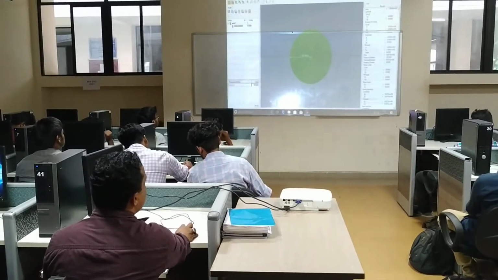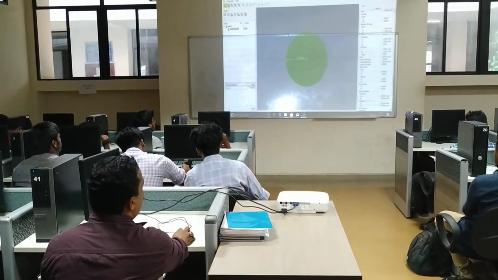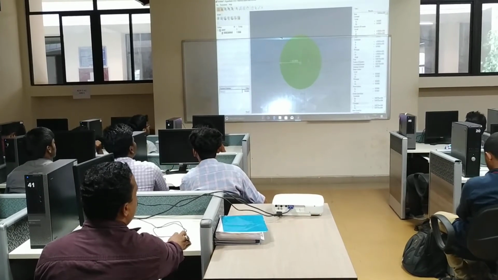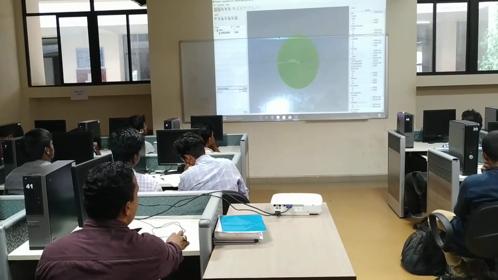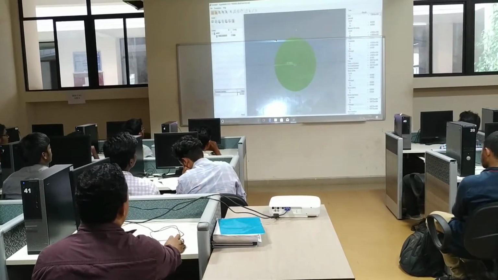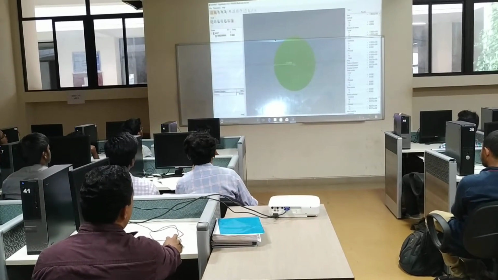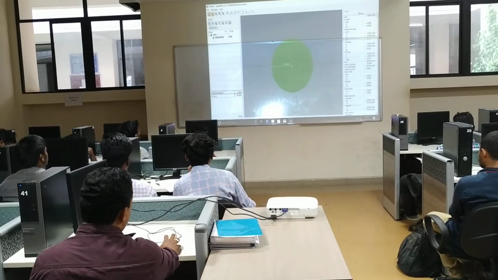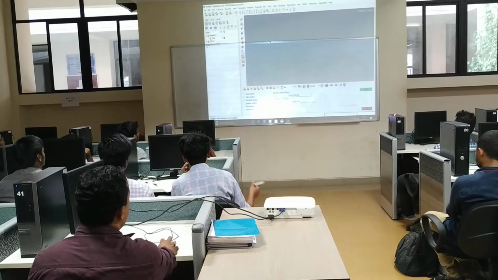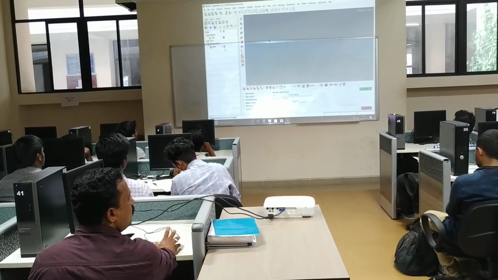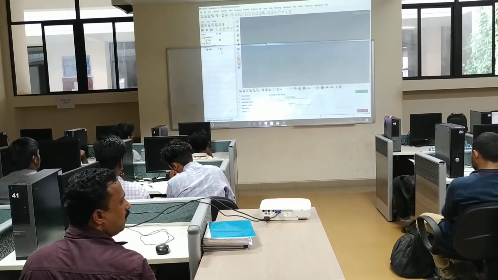See here all the centroid, the moment of inertia, everything is present here. Area. Everything will be there. This is area. Here you can see moment of inertia. Okay. So after that you have to click this one, model. Then it will take you into the HyperMesh window. See here, your beam section also finished. So M is over, H is over.